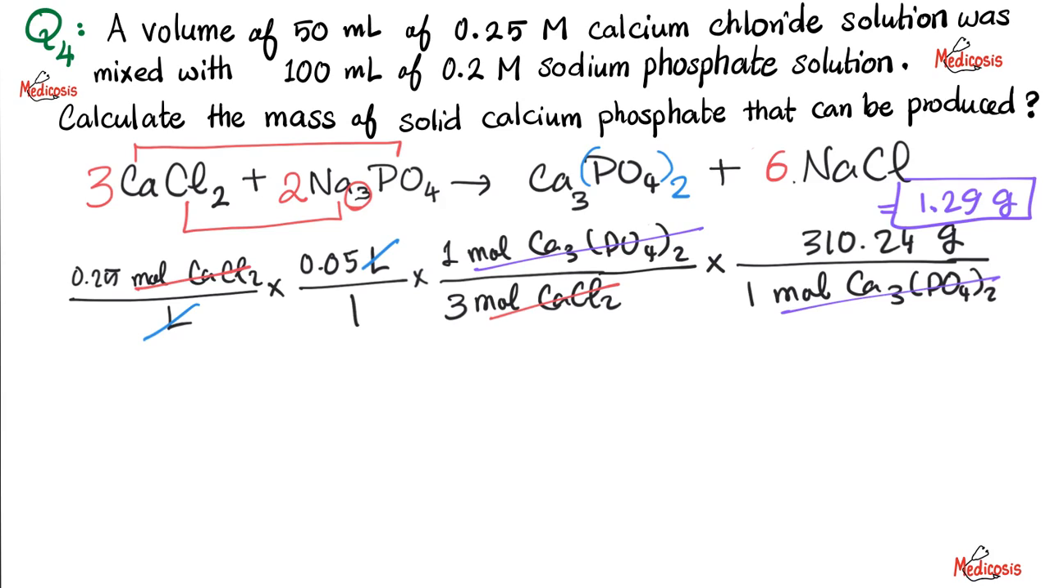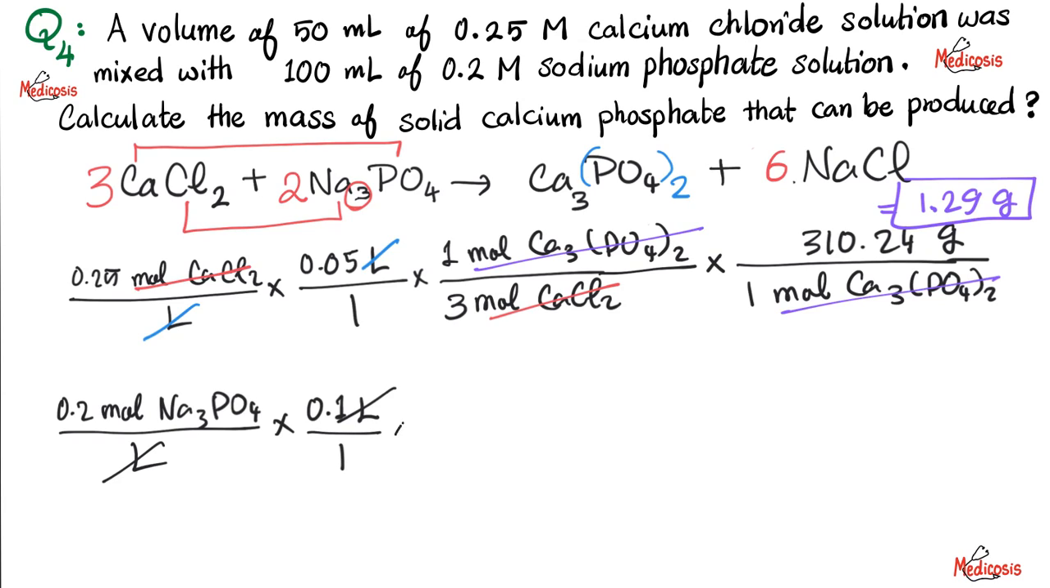Sodium phosphate, what is your concentration? 0.2. So it is 0.2 mole sodium phosphate Na3PO4 divided by liter. And what's your volume? My volume is 100 mLs, which is suspiciously equal to 0.1 liters divided by 1. And then cancel liter with liter. I need the mole ratio. You put mole of Na3PO4 down here, and you look at the equation. You have 2 moles, and what are you aiming at? I am aiming at calcium phosphate. I have 1 mole